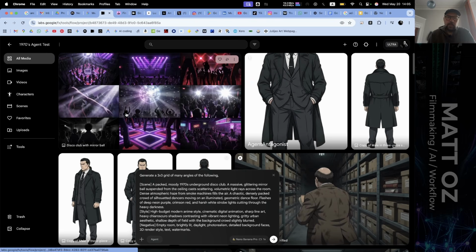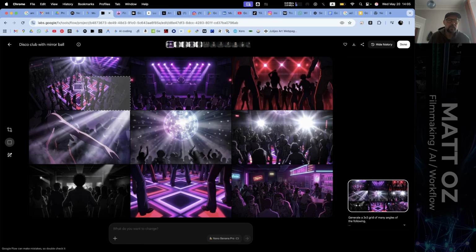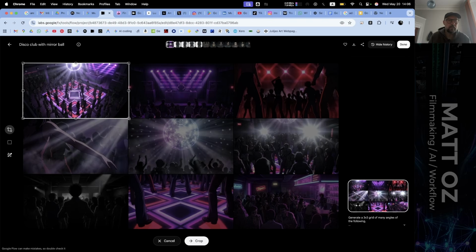Okay, so animation wise, it's definitely found its little animation style. I don't know how I feel about the glitter ball being that high quality. I think there is an edit that could be made to this. So I'm going to crop out a couple of angles that could be fun and interesting. I want to make sure that they're in the right color theme. Grab this guy, crop. Actually, instead of that, cancel.